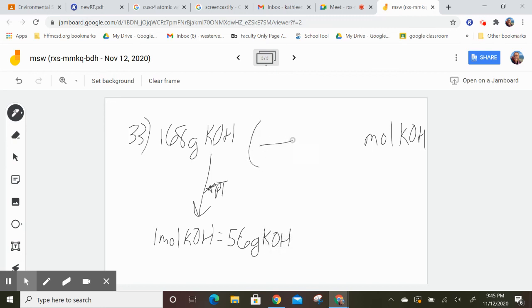So which one are we going to put on the bottom? It's got to be grams, because we need our grams unit to cancel. So grams of KOH goes on the bottom, and we know 56 grams is equal to 1 mole of our KOH. So 168 divided by